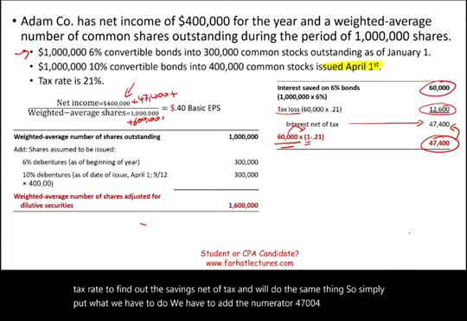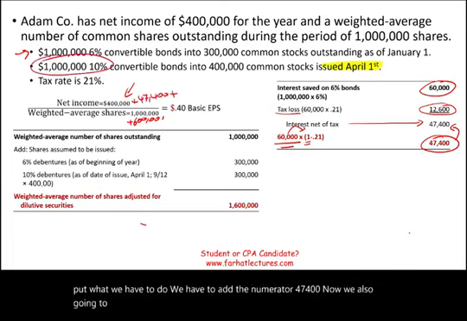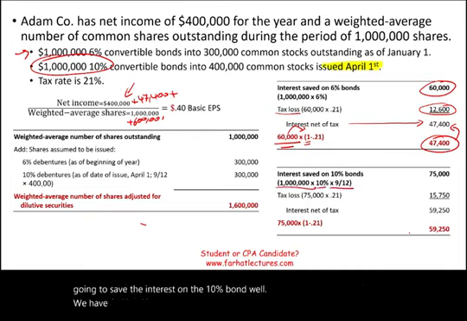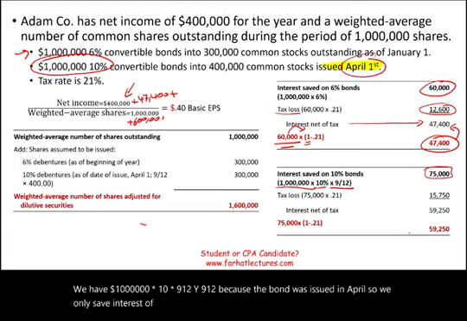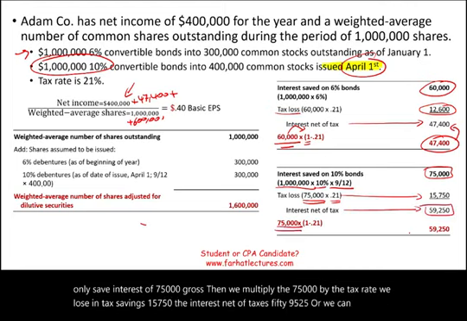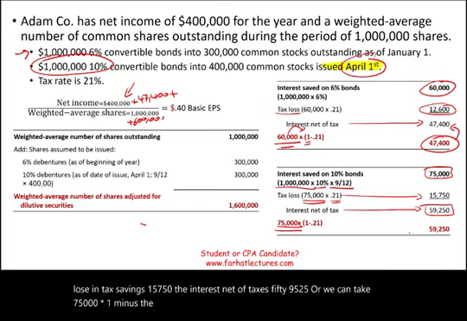Now we're also going to save the interest on the 10% bond. Well, we have $1 million times 10% times 9/12. Why 9/12? Because the bond was issued in April. So we only save interest of 75,000 gross. Then we multiply the 75,000 by the tax rate. We lose in tax savings 15,750. The interest net of tax is 59,250. Or we can take 75,000 times 1 minus the tax rate to come up with the figure